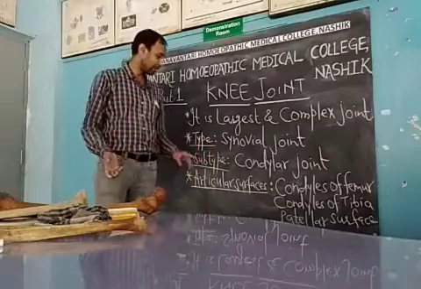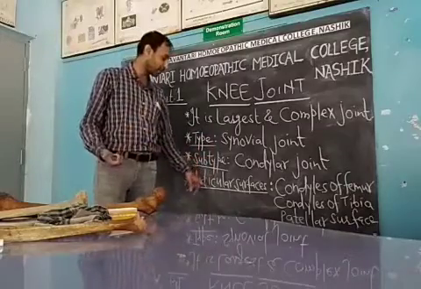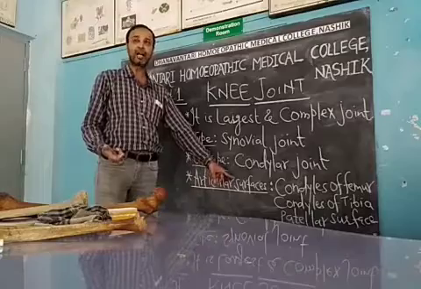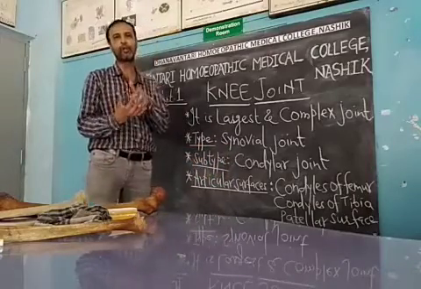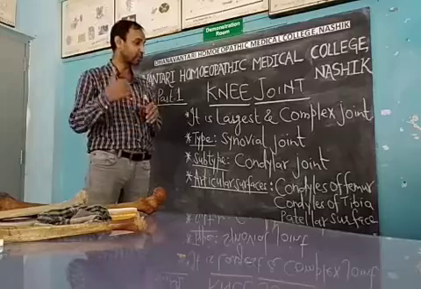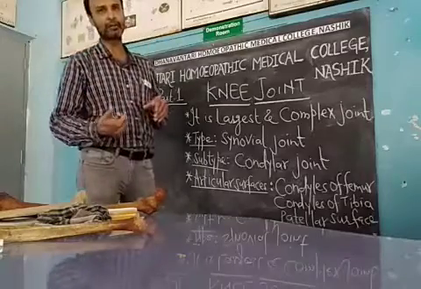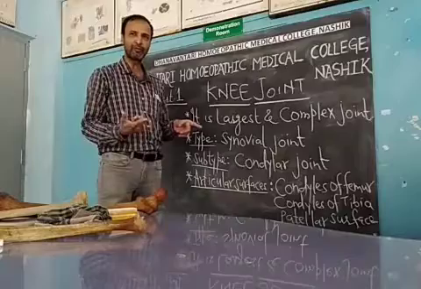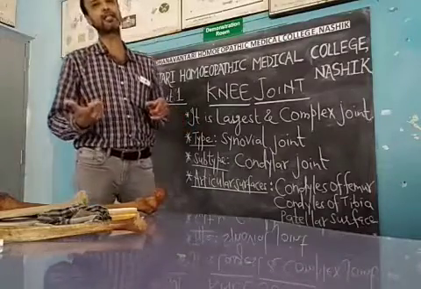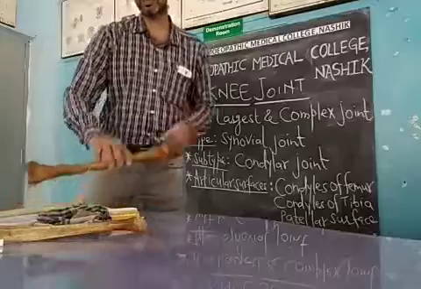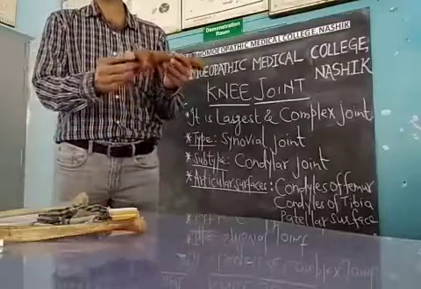Now, the third part we have to mention in this joint is the articular surfaces. There are three bones getting joined over here. The articular surfaces of the femur are the condyles of the femur. So first is the condyles of femur, condyles of tibia, and the patellar surface, and the patella. These are the three parts where we can see the articulating surface.